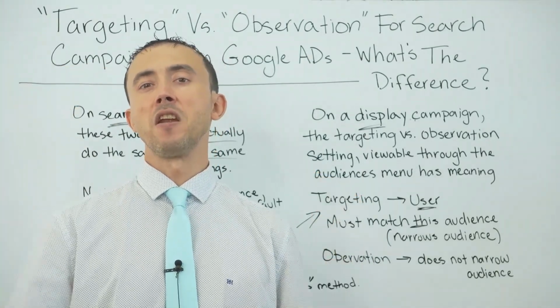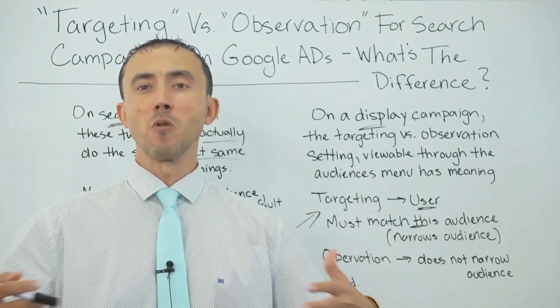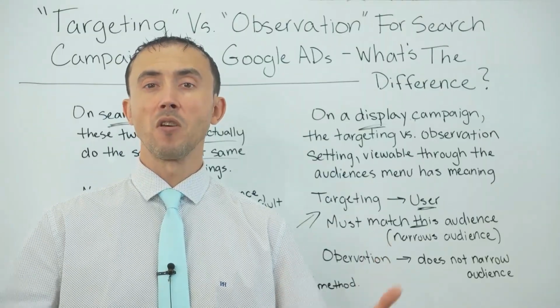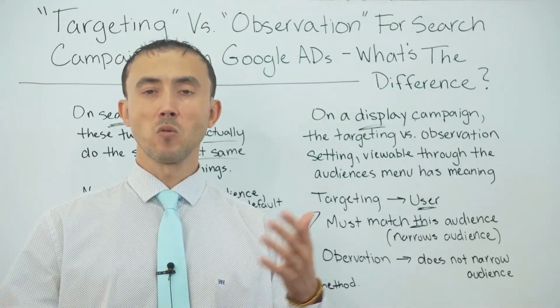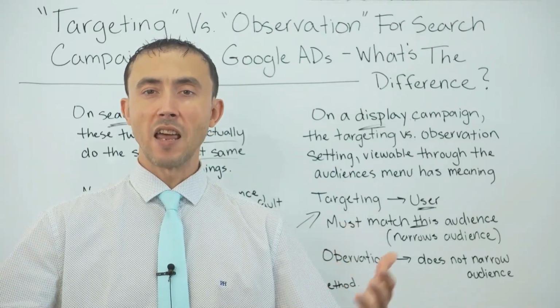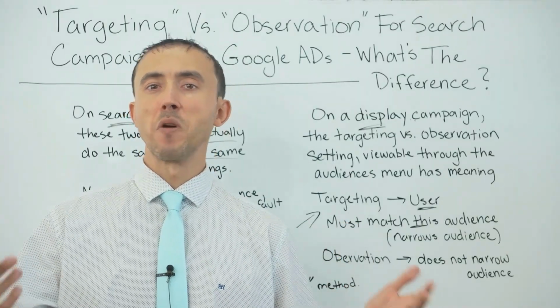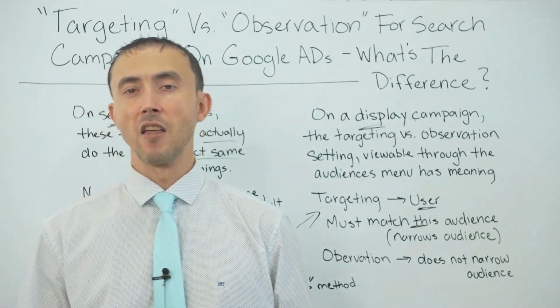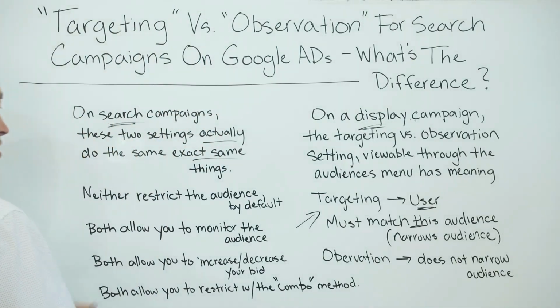So basically the bid adjustment on the audience did what it was supposed to do, even though the campaign targeting was set up with the audience or the observance setting. We don't need to use targeting to do a bid adjustment on the audience level like that, in other words. Now, some other things to mention here though, as it comes to search campaigns and this particular option